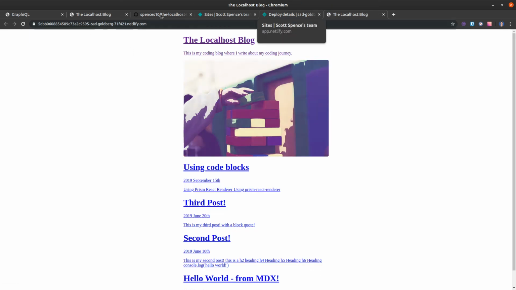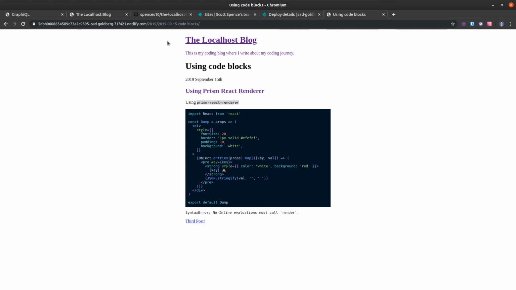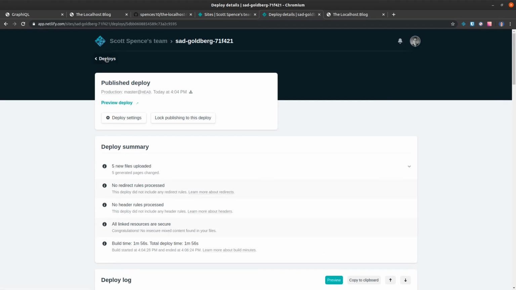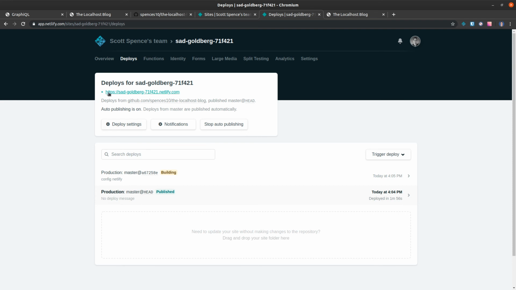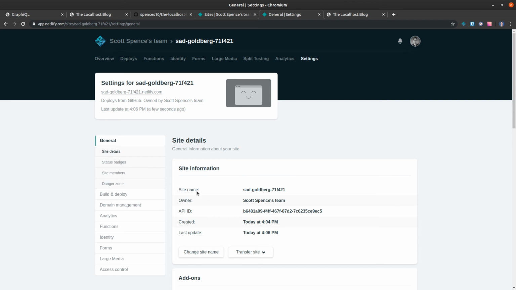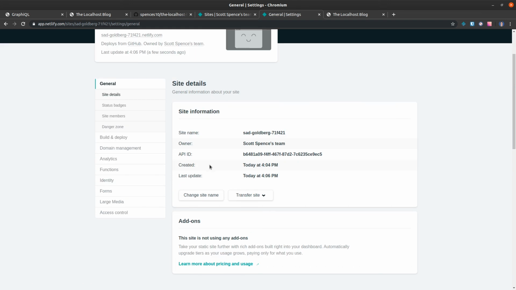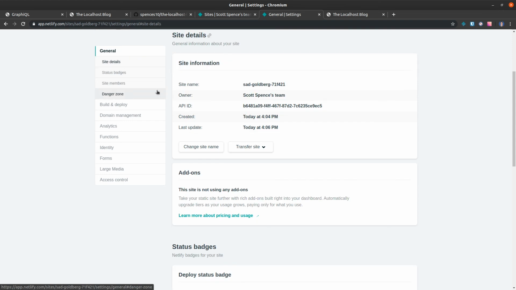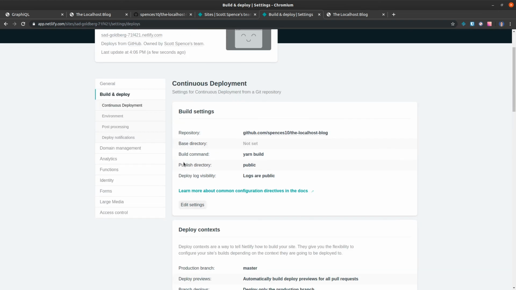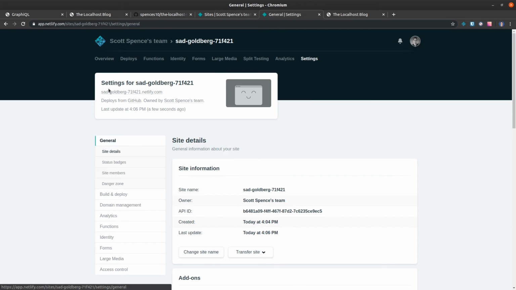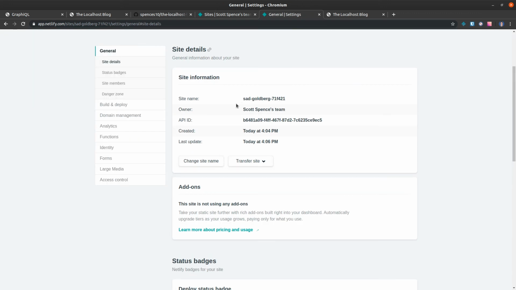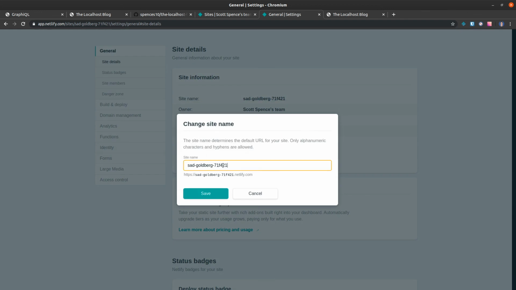If we click that, then this is the preview of the site. And if we go back here, in the overview and in site settings, I think we can pick out a site name. We do it here. Base directory. Let's skip past it. Site details, site name, change site name. And we'll just call this